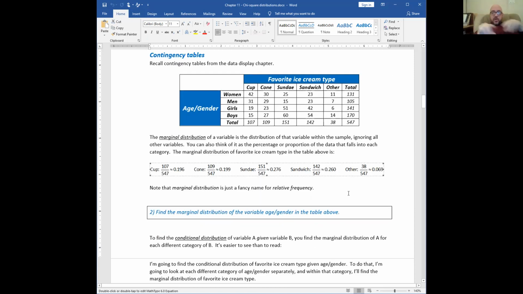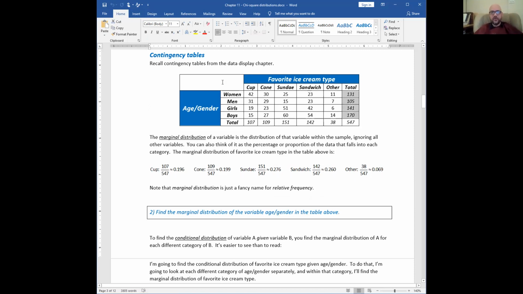Notice that marginal distribution is exactly the same thing as relative frequency. Literally no difference between marginal distribution and relative frequency. That's it. They're the same thing. So we could find the marginal distribution for age and gender above, and it would just be these things out